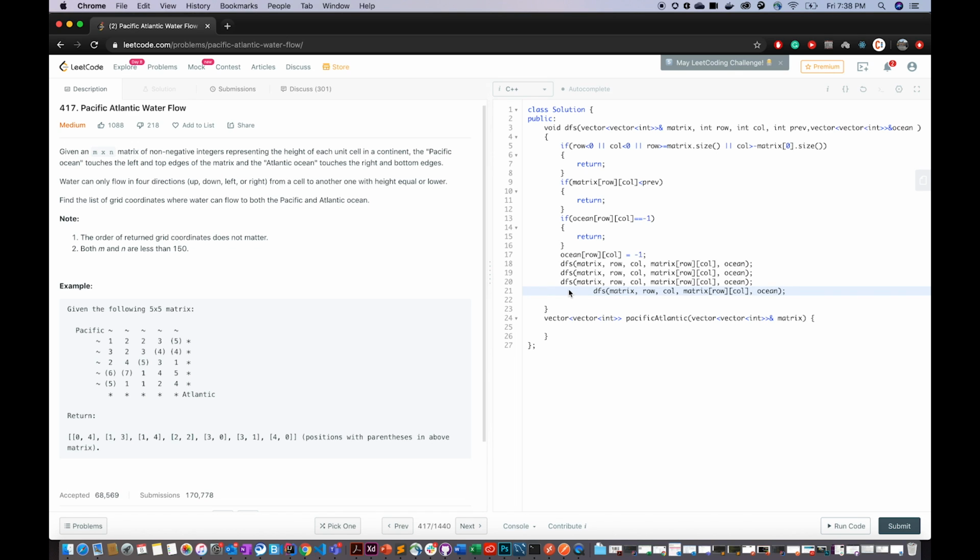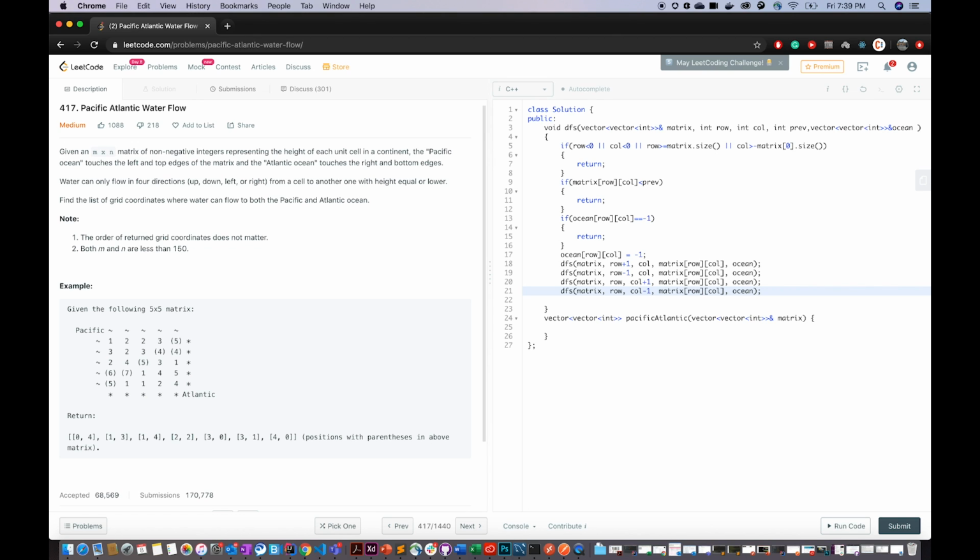Once this is done, I have to make 4 calls. How? First of all, I have to increment the row without incrementing the column. Next up, I have to decrement the row. This is column right above, this was column right below, and next up is the right column, which is +1. This has to be -1.